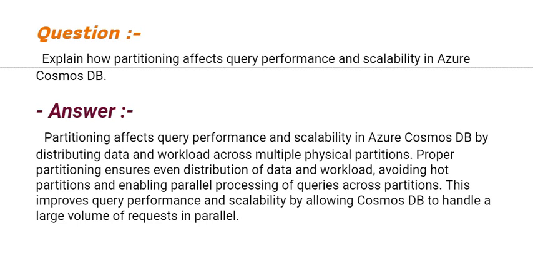Proper partitioning ensures even distribution of data and workload, avoiding hot partitions and enabling parallel processing of queries across partitions. This improves query performance and scalability by allowing Cosmos DB to handle a large volume of requests